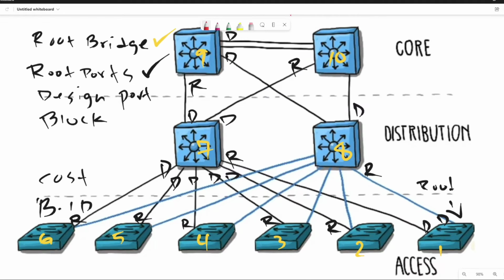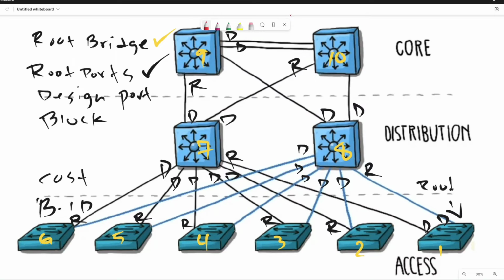So now between, let me just fix this a little bit so we don't get confused. Between 9 and 8, again, it's going to be the same thing. It's going to choose the lowest bridge ID or the lowest cost. All right. So that will be it for the rest of the designated port